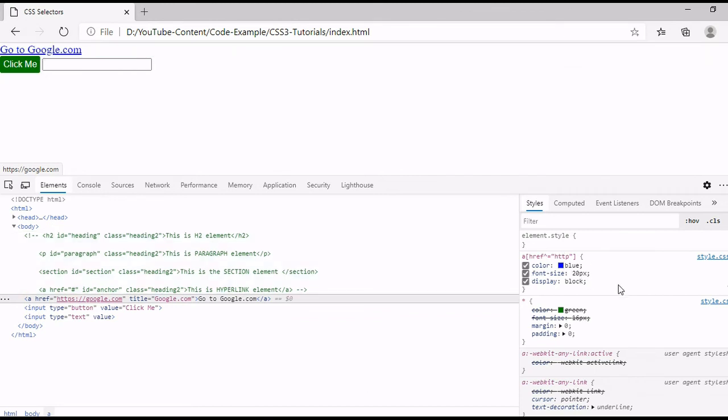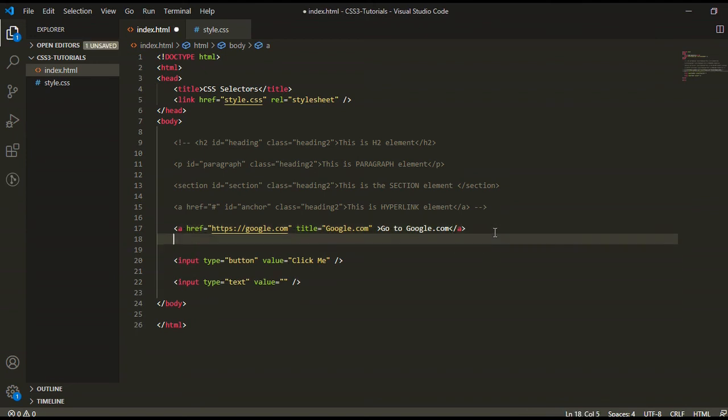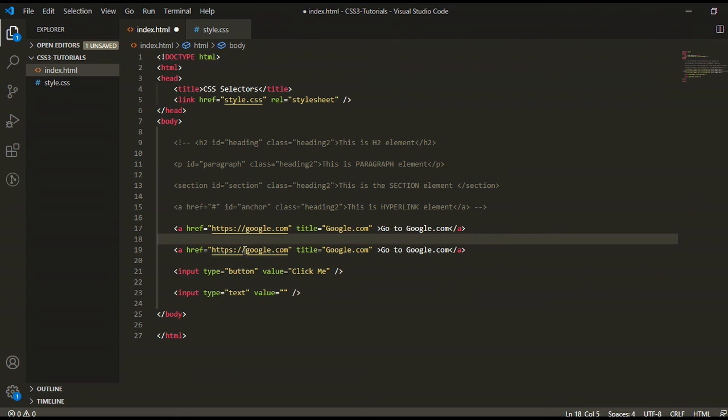So understand the difference. We will take another anchor element here. So just copy and paste here, and this time I'm not giving the HTTP.